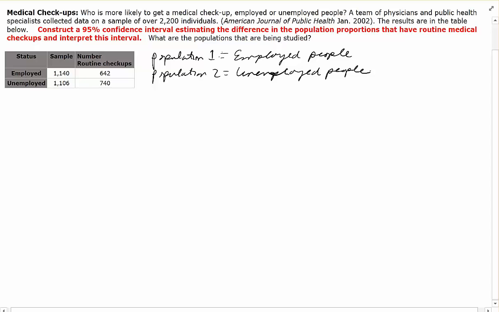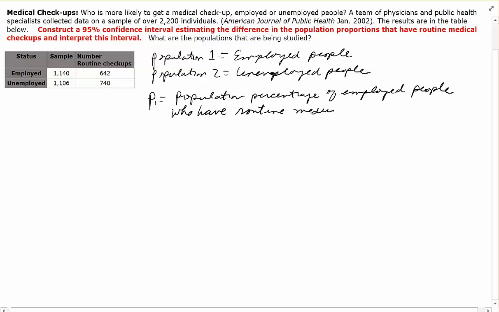Now we want to construct a 95% confidence interval estimating the difference in the population proportions that have routine medical checkups. So I'm going to define P1 to be the population percentage of employed people who have routine medical checkups,